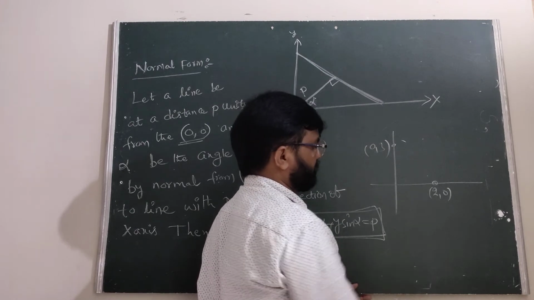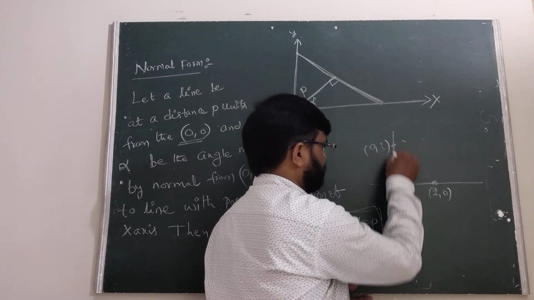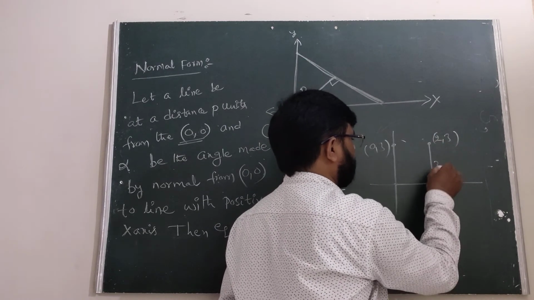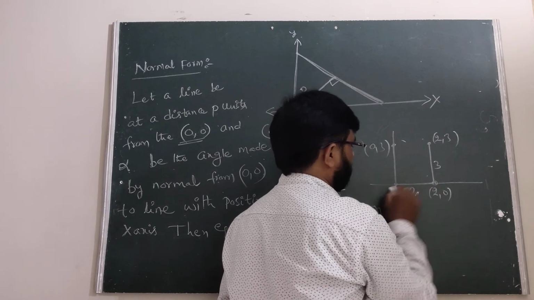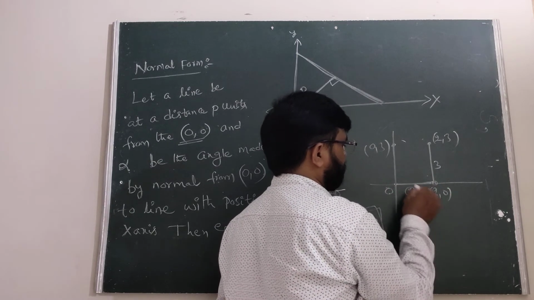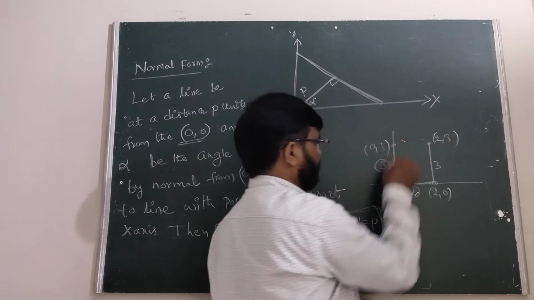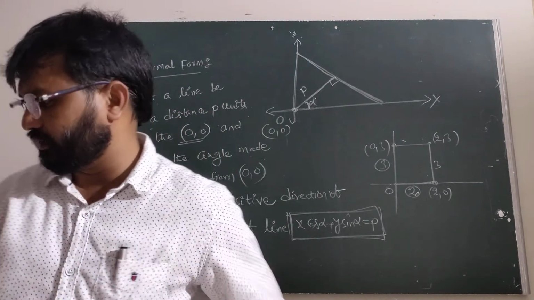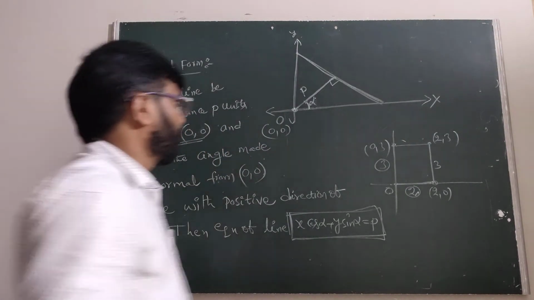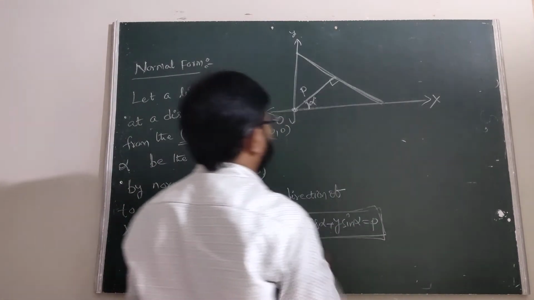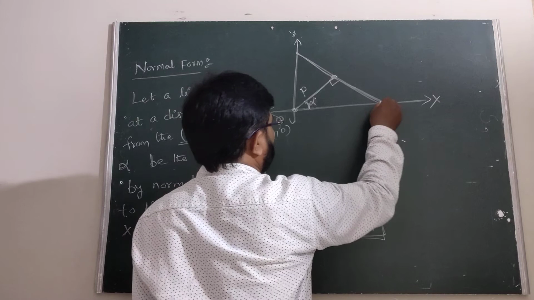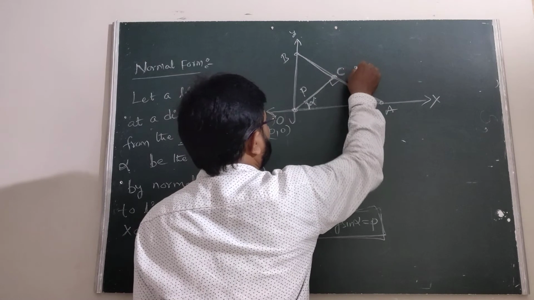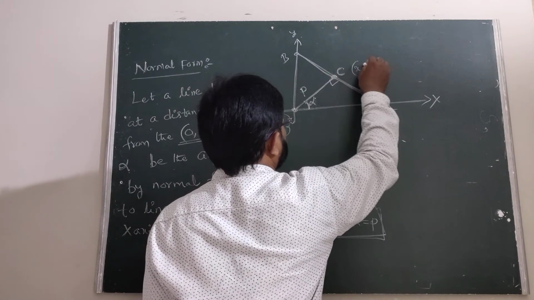Clear? All of you listen carefully. This length is 2, this length is 3. Now it indicates the point (2, 3). The length 2 from the origin, and this is 3. So we can represent the point (2, 3). Therefore, we can take a point here. If you take any point, here this is the point A, this is the point B, this is the point C. Suppose you take (x, y).